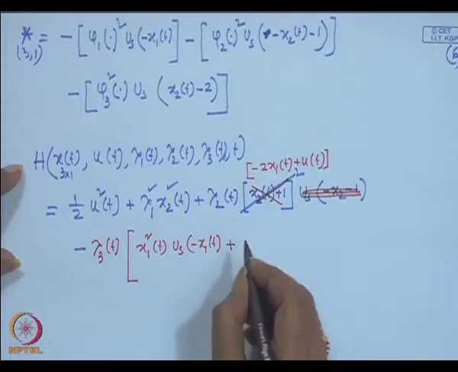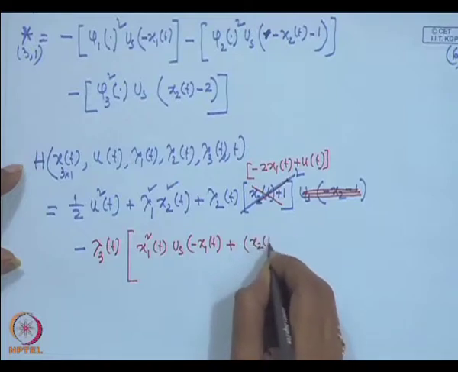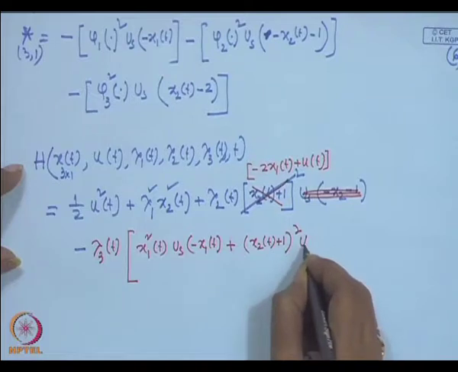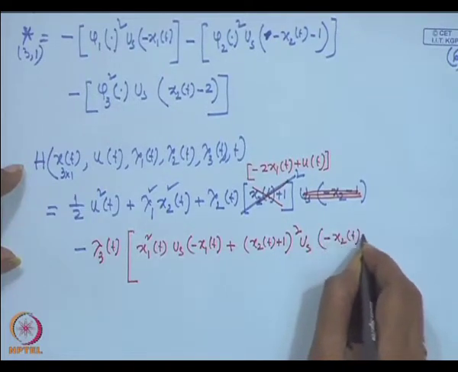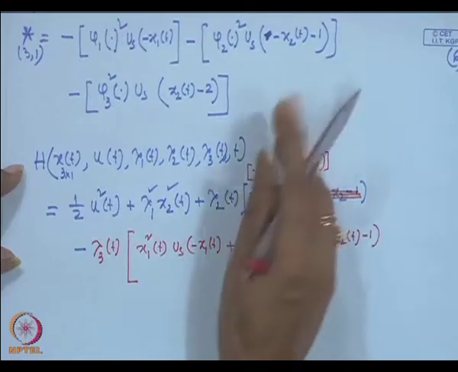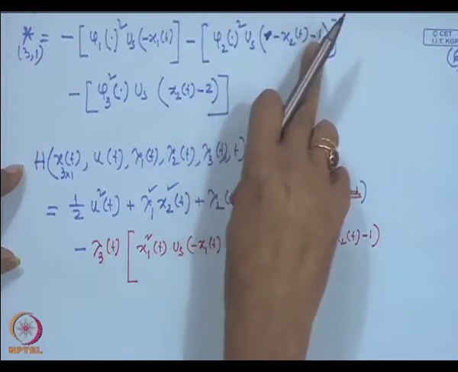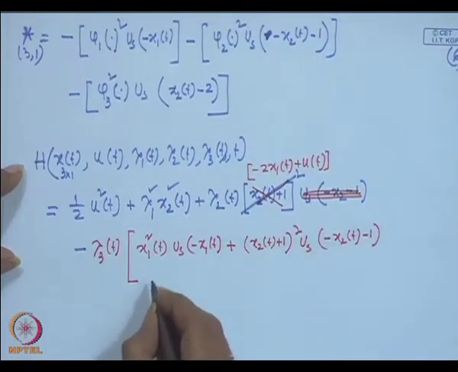So this will be x2 of t plus 1 whole square u s minus x2 of t minus 1. This psi 2 value is this one. If you take minus common x2 plus 1, then the square is written. Then next is your